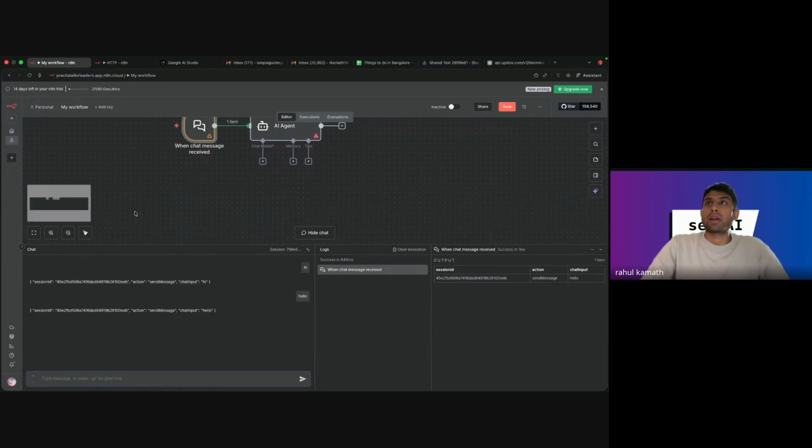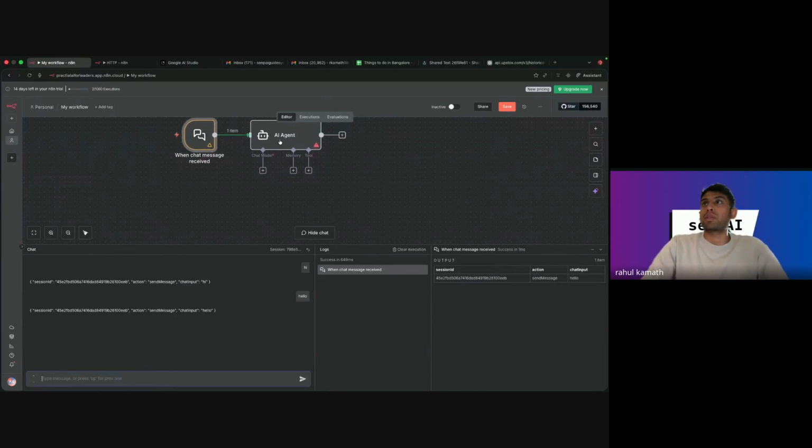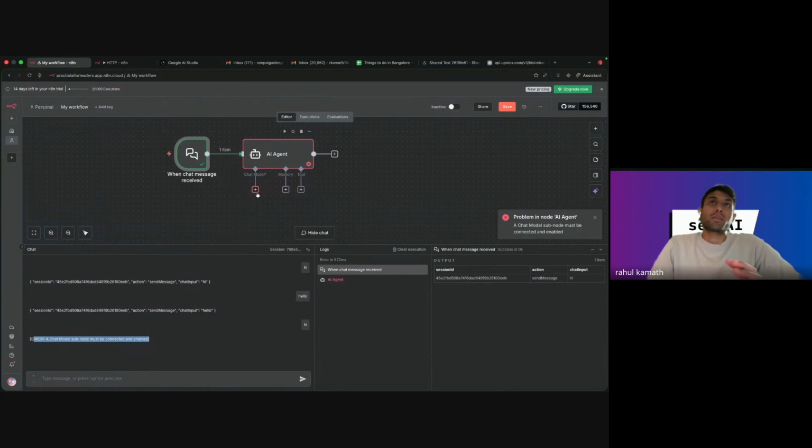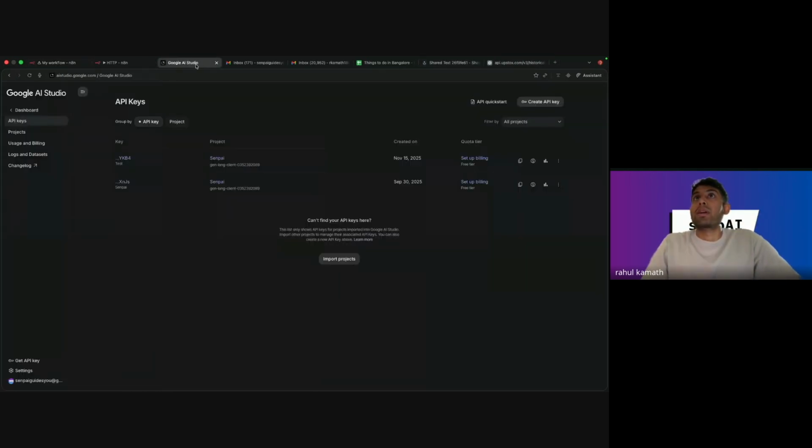Now, I've connected this AI agent, but right now it's a dummy node, so it's probably going to fail because AI agent needs to be connected to an LLM model. So I'll tell you how to connect to an LLM model, and I'll just share the link of Google AI Studio. Google Gemini gives some free APIs for us to test out things.